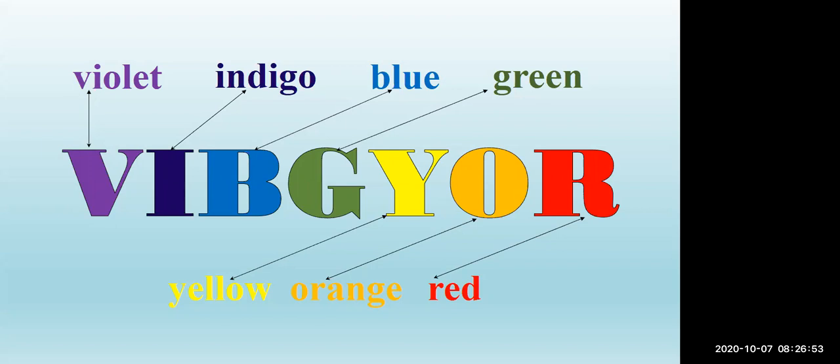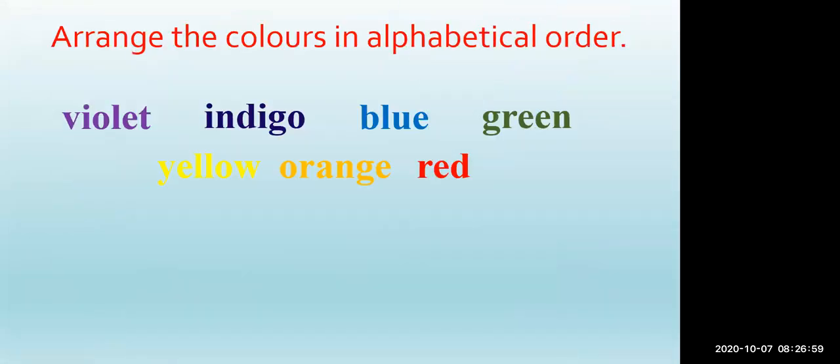So the names of the colors are given, but you have to arrange the names of the colors in alphabetical order, which I taught you now. So let's start. Okay. So what is your first word? B for blue. Because there is no word which starts with A, I have taken B for blue. After blue, which word will come?